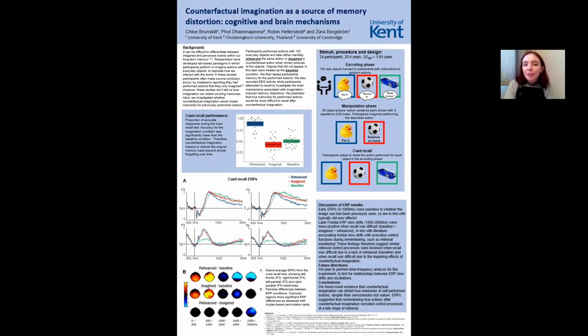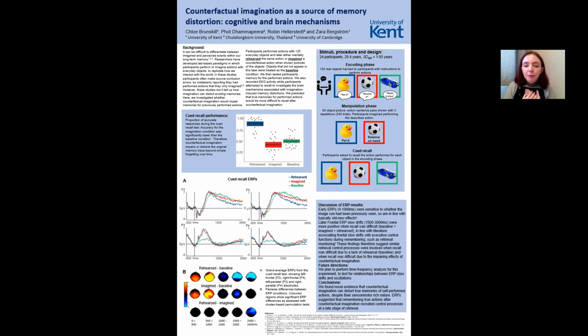Today I'm presenting research on counterfactual imagination as a source of memory distortion. A common source of memory error is believing our imagination to be a real episodic memory. For example, we might believe that we've turned the oven off when in reality we only thought about this action. However, there is very little existing research investigating how imagination can affect our existing memory traces, which is therefore the